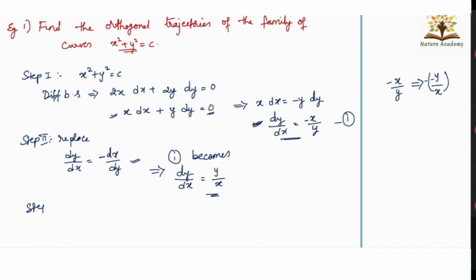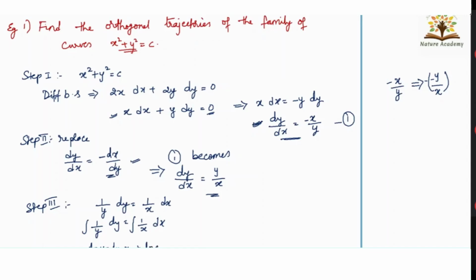Now step 3 is you have to find the solution for this differential equation. Solve it. It is variable separable, so we apply the variable separable method. I can write it as 1 by y dy equal to 1 by x dx. Integrate both sides. From here on, the same thing is there. To reach till here is a little bit new procedure. Then integral of 1 by y dy equals integral of 1 by x dx. Again same things: log y is equal to log x plus log c.